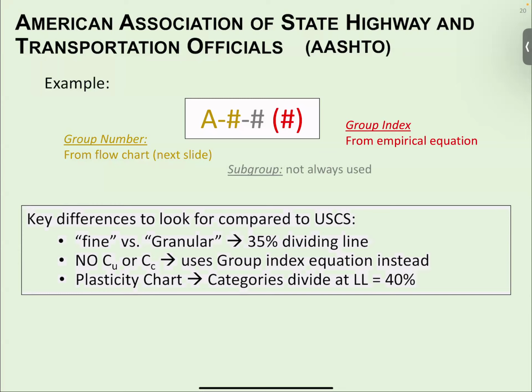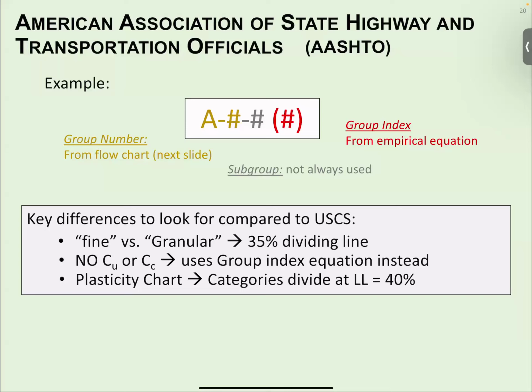And then you would have a group index as well. The group index is a classification system based off of an empirical equation, which means it's based off of a data set that was actually used to test whether the material works as a roadway subgrade or not. So the key differences to look for compared to the Unified Soil Classification System: fine versus granular material,